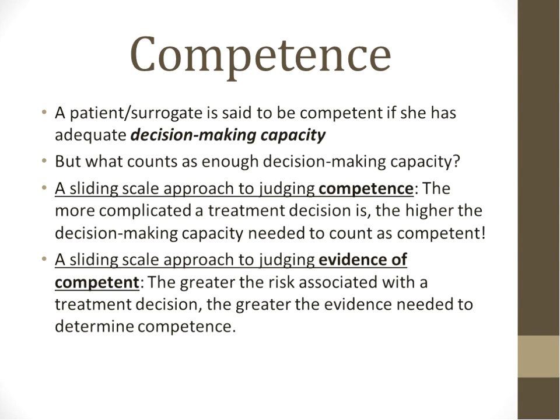On the other hand, some healthcare treatment decisions are not very complicated at all. They're pretty simple. And when that's the case, perhaps a low level of decision-making capacity is all that's needed in order to make that decision. You could imagine an adolescent or a child, I know legal competence is 18, but that's just, in some ways, an arbitrary decision in the eyes of the law. But you could imagine a child being perfectly well competent to make a very uncomplicated treatment decision.